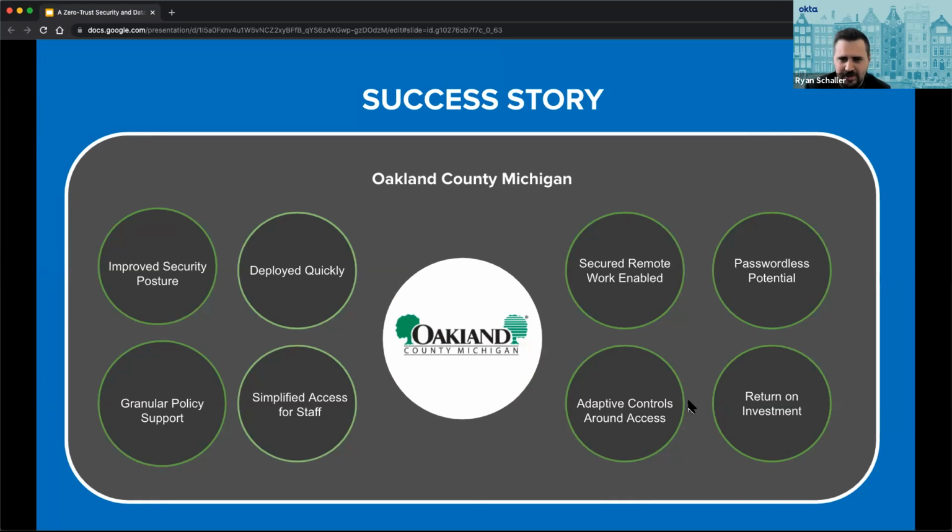You're starting to see a lot of these common patterns. But one of the things that they were really excited about is having the passwordless potential. So with deploying something like Okta, or an identity provider that does support that, it allows you to envision or reimagine how you access your systems. We all are used to typing credentials. I don't think that norm is going to go away anytime soon, but there is an opportunity, when you're using the latest and greatest technology, to have a passwordless scenario.